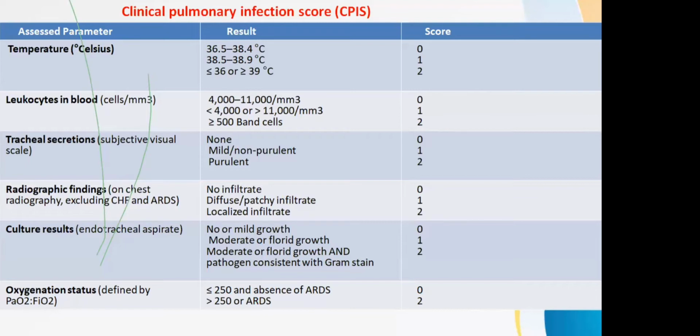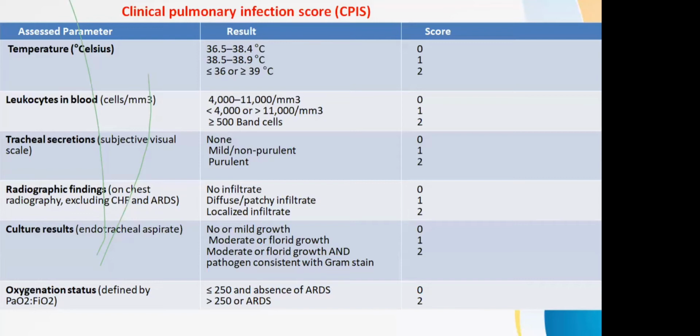Then we have the clinical pulmonary infection score, the CPIS score. There might be microbiologists sitting here today who might know this word, CPIS. It is based upon 5 parameters: temperature, and based on how much it is, we score it. If it is just beyond normal, it is 0 up to 38.5, beyond that it is 1, and more than 39 degrees centigrade,